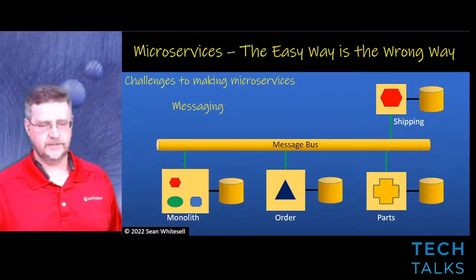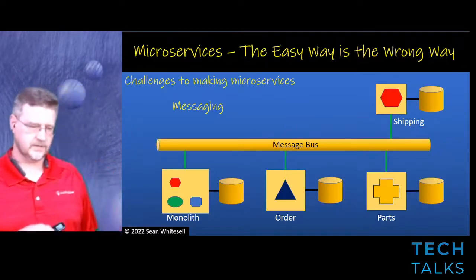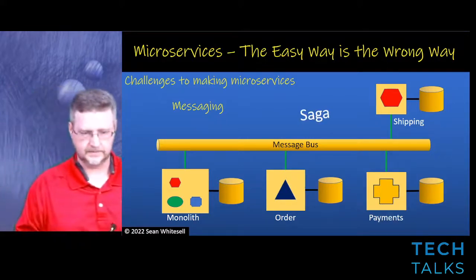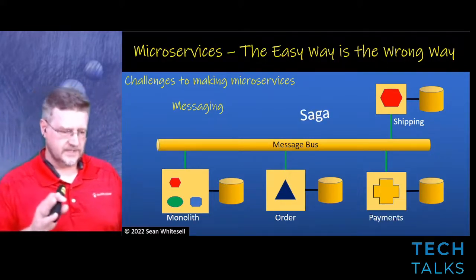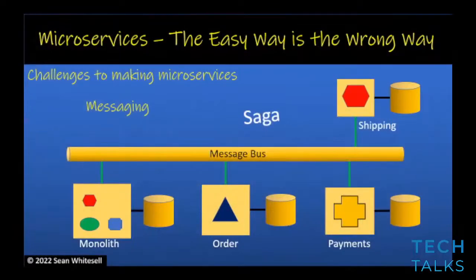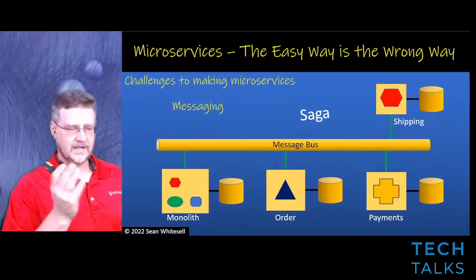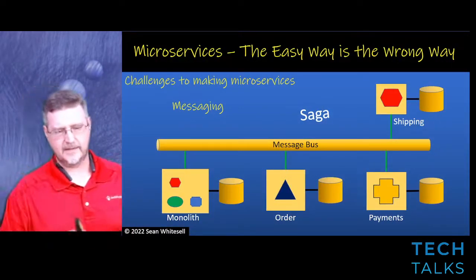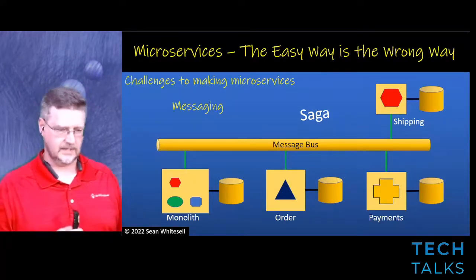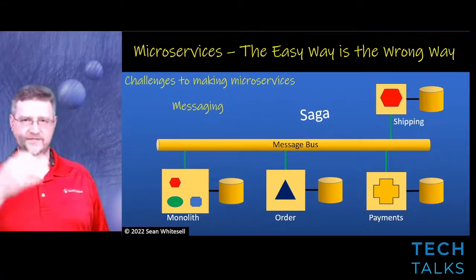Another way that you can do messaging is with this. And so instead of the parts microservice, what if I swap that out to payments, for example? Now, let me give you the scenario. Something I do is I have a secondary checking account, and it's just for internet purchases. The idea is if I go and order something off some website, but that account gets hacked, well, the most they're ever going to get is maybe a couple hundred dollars. It's not the account where my paycheck lands. So I will often go to something, let's say Amazon, for example, and I buy something off of Amazon. And so an order created event occurs.